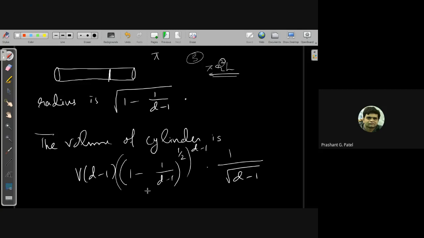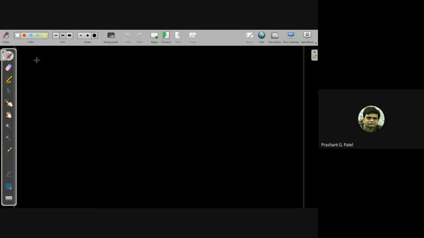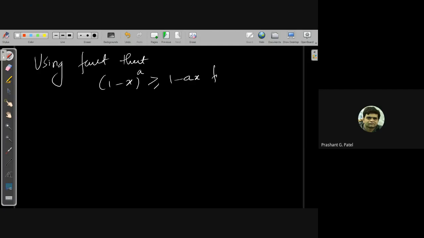Now there is another inequality we need to use here. So that inequality is this one. Using the fact, I will prove that one later on after completing this. Using this fact, that is (1 minus x) raised to a is greater than or equal to 1 minus ax for all a greater than or equal to 1. This is true. If we can use this fact here,